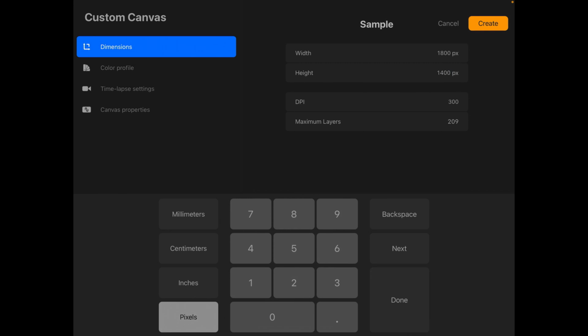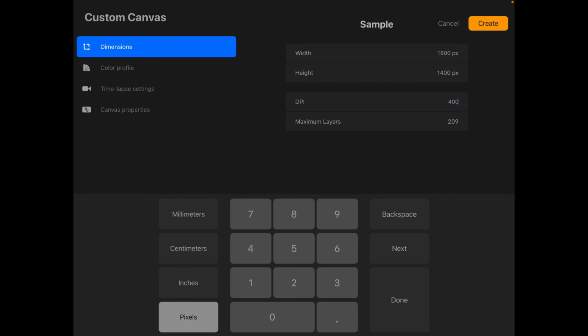Next we have DPI. Now this is actually a measure of the resolution, and normally Procreate gives us a default DPI depending on the size of your canvas, but I usually like to keep mine anywhere between 400 to 600, but 300 is also a good DPI. So you can set it to whatever you want or leave it as the default, but I would suggest keeping it at least around 300.